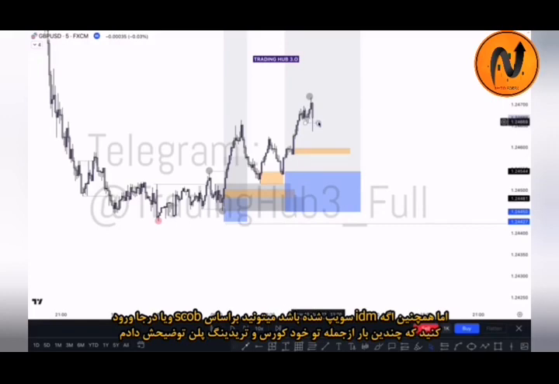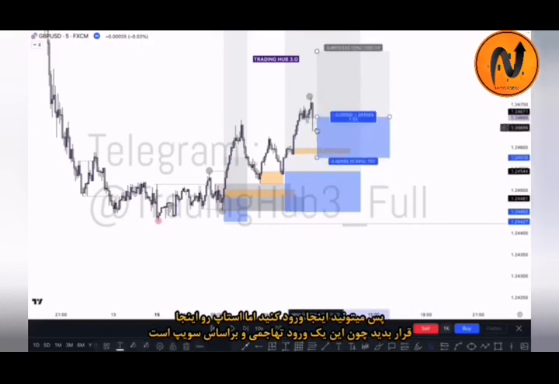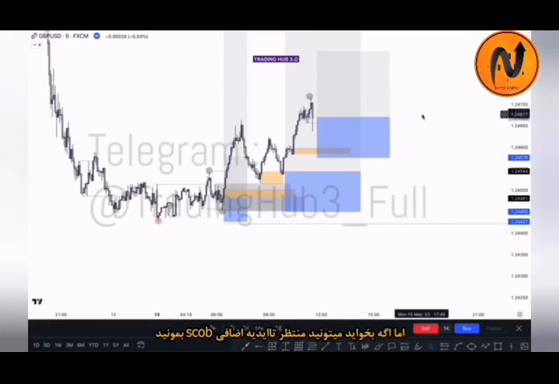I already shared it on Discord, if you know, right? So simply you can buy here, right? And put the stop loss just below it. In this case, because it's just a liquidity sweep, if you are directly buying here, this is an aggressive entry. But if you want additional confirmation, then you can wait for a single candle order block